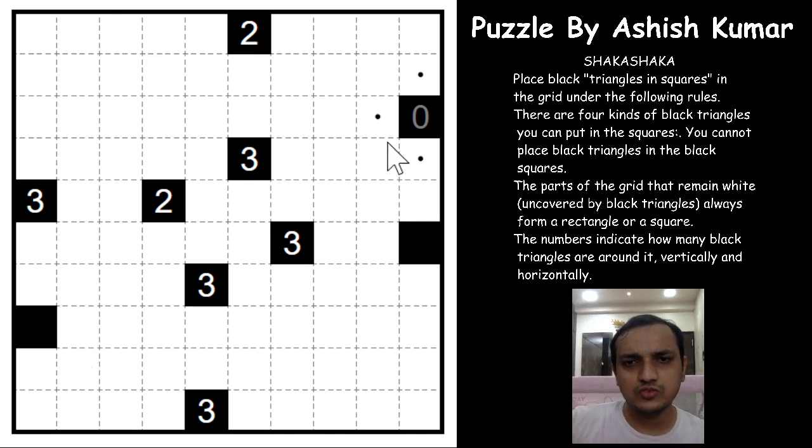So this way we can conclude that there will be a triangle here. But how do we put the triangle? Can it be this way? Can it be this way? Can it be this way? Or can it be this way? So what happens if we have the other three ways? If you see this white area, now this has formed some other shape other than a rectangle or a square, and it is now difficult to form a square or rectangle. Same way this triangle or this triangle. If you see this shape, this is something different other than a square or a rectangle.